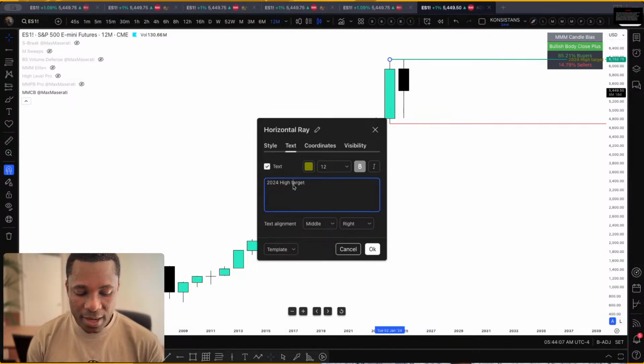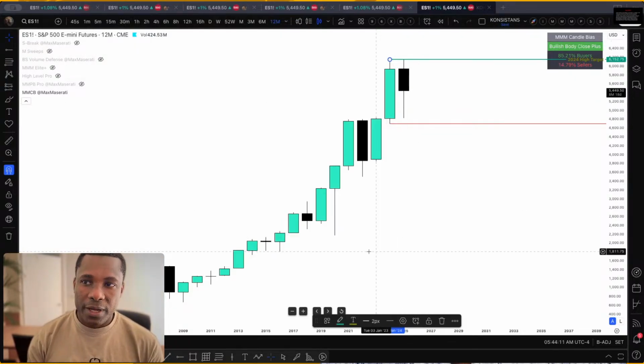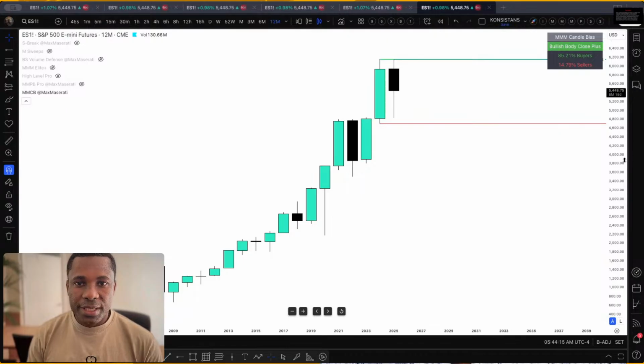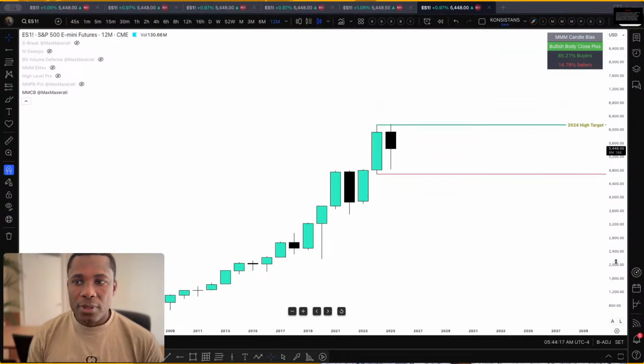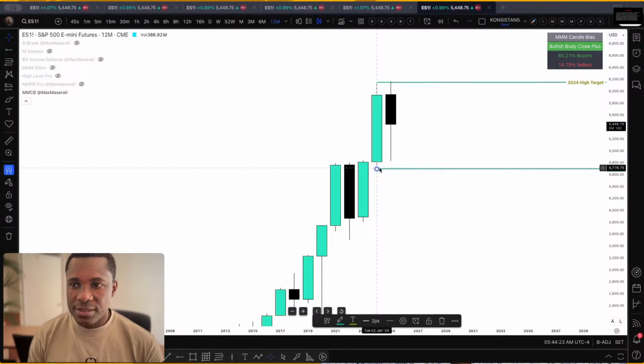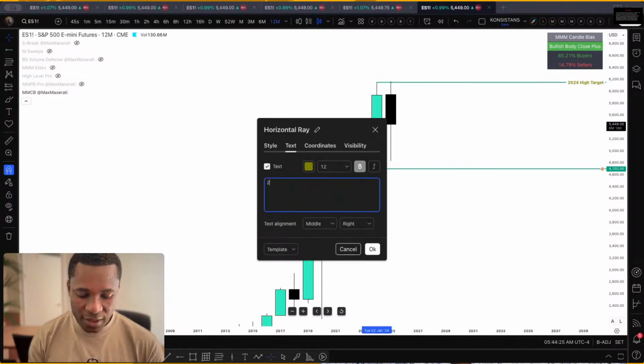So we expect market to retrace back and then go up. Okay. So this is our target, right? So what we can say, it's our target, and then this is our last line of defense. This is our 2025, 2024 low. Okay, we expect market to... this is a buyer's defense